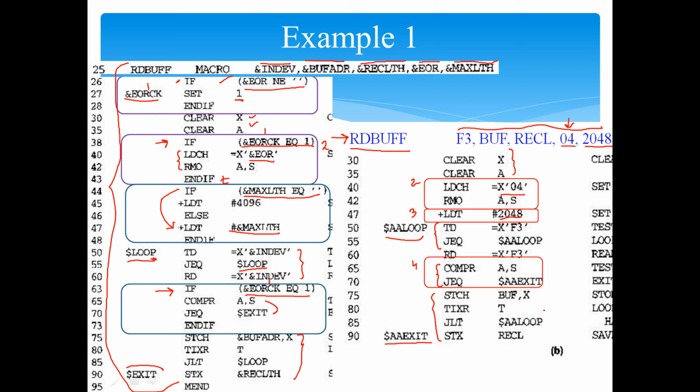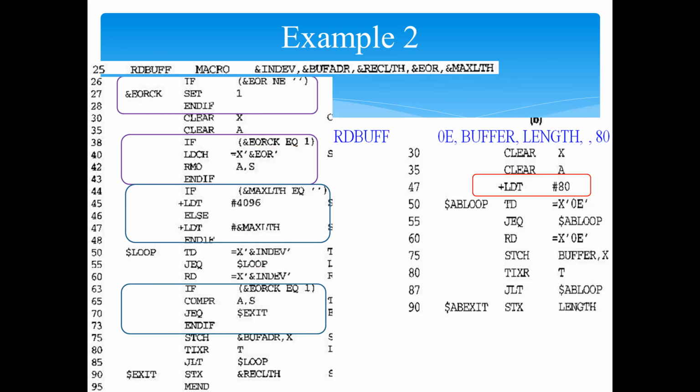Okay. So just take a moment and try to understand how this is expanded. Now, let us look at the macro expansion for another example of a macro invocation. So look at this difference. Here you can see that in this macro invocation, you have a null parameter being passed, where EOR is null. EOR is passed as null. And according to this diagram, there is only one loop statement which is expanded. None of the others are getting expanded according to this example.